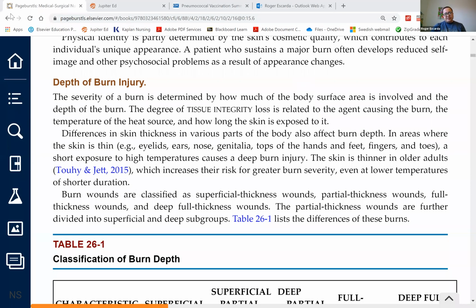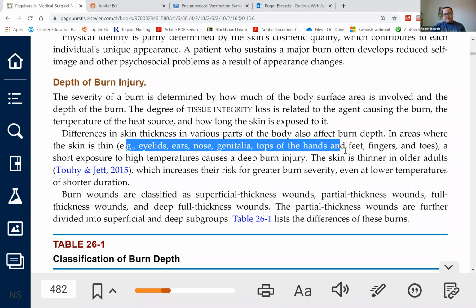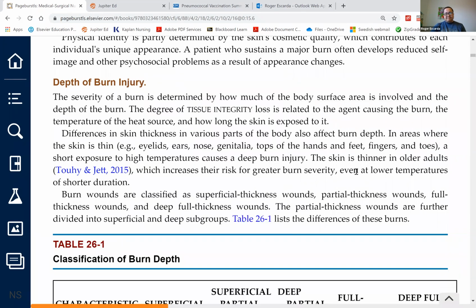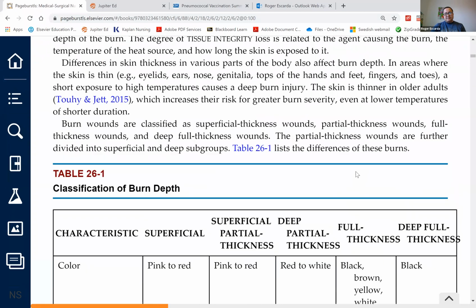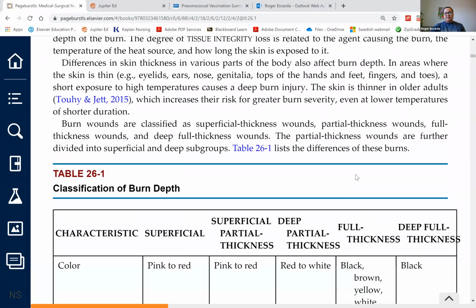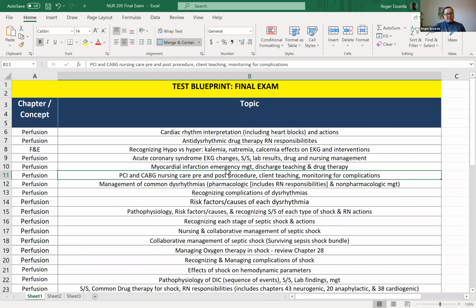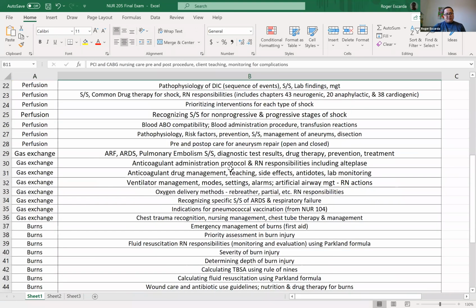They're all mentioned here. So I mentioned the depth, we also the TBSA, and then I also talked about the location, and I don't know where the comorbidities fall, but it's somewhere in the chapter. So one of the things in your blueprint, let me show it to you. Right here under burns is